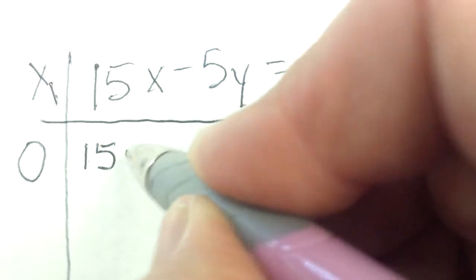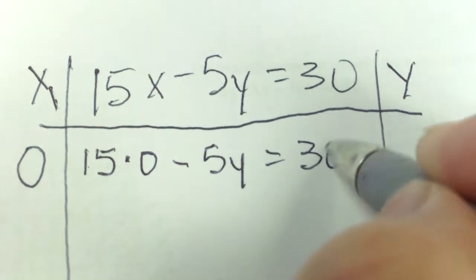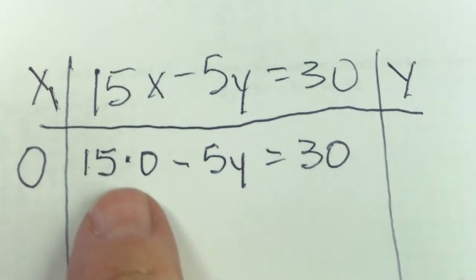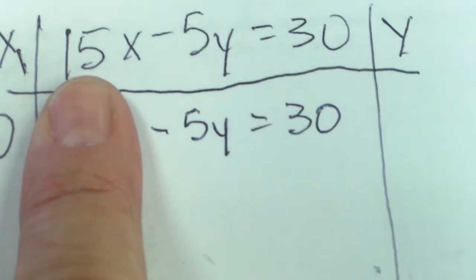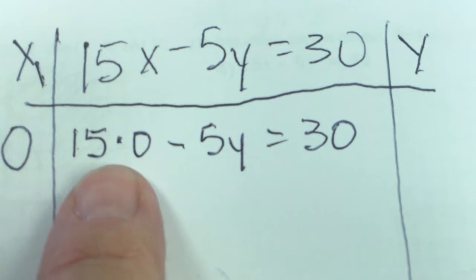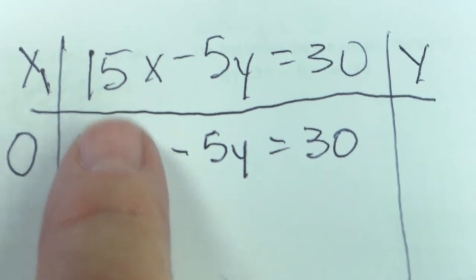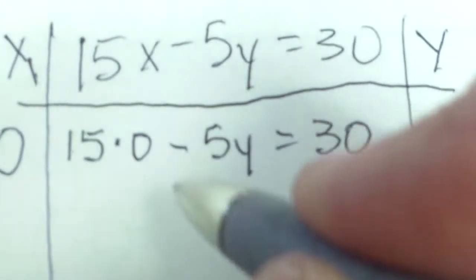So if x is 0, then this is 15 times 0 minus 5y equals 30. And 15 times 0 is just 0, so that's gone. So what's left is, now be careful, there's a negative there. It's negative 5y. See, this disappears. 15 times 0 is 0, but that negative is still there. So negative 5y